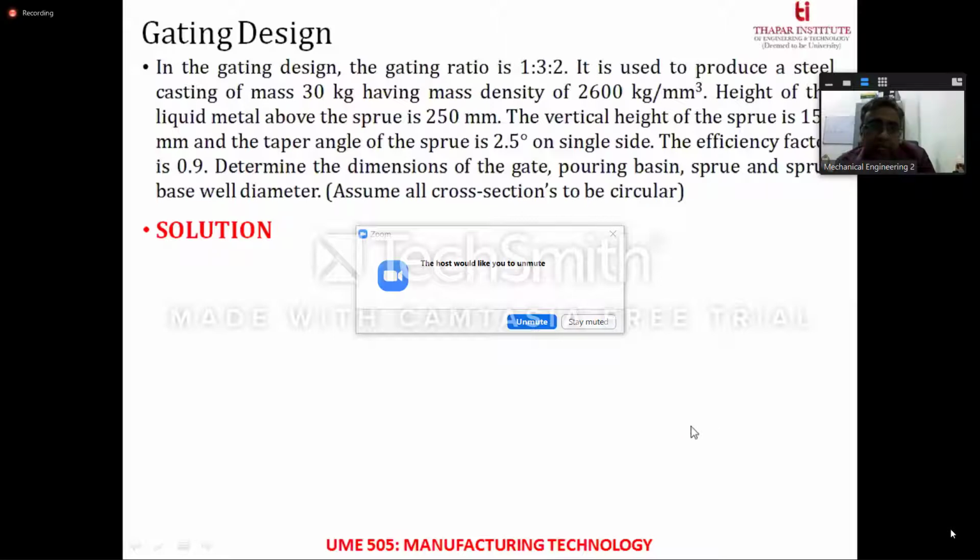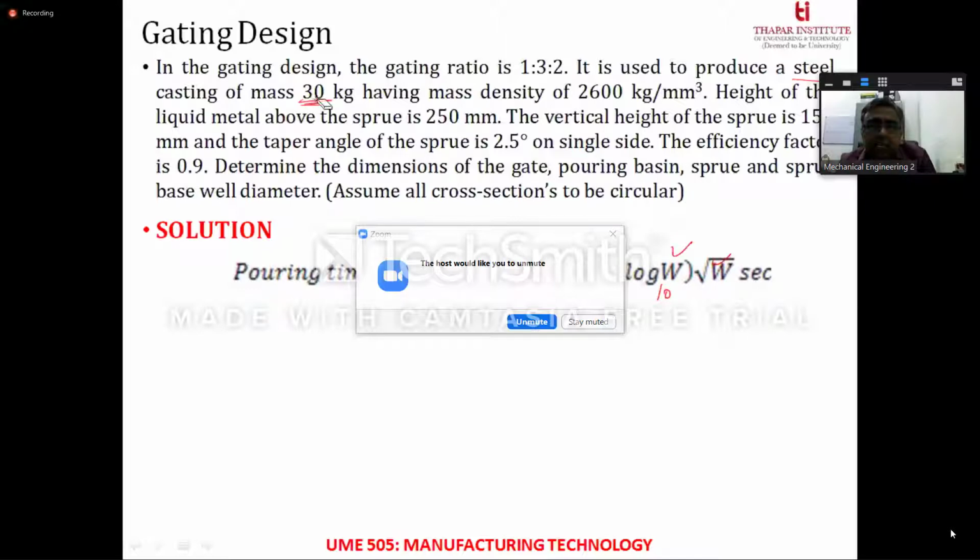you first of all need to find out what is the pouring time. So for pouring time, what you need to understand is that the material is steel. So for steel, the pouring time is given by this formula: T is equal to 2.4335 minus 0.3953 log W into under root of W. This log is actually base 10. So the thing that you need over here is W, and W is already given to you as 30 kgs.